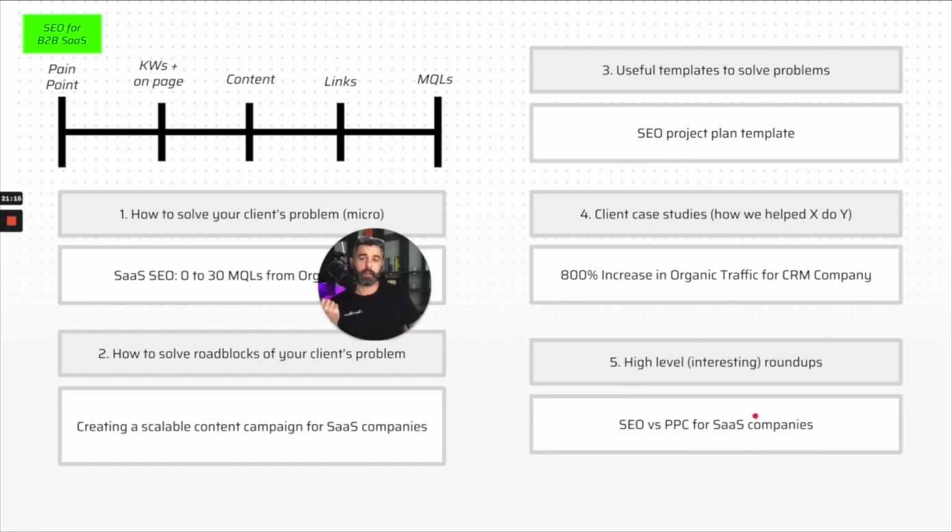Running it as paid traffic. Also just ranking it in organic search as a distro channel, because ultimately if people are searching SEO versus PPC, you can convince them that SEO is the way to go, or PPC, or whatever it is that you're doing. Maybe you're doing both. Convince them on your framework and get them to opt in through that as well.